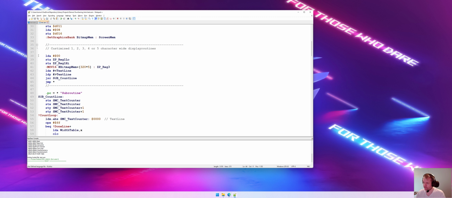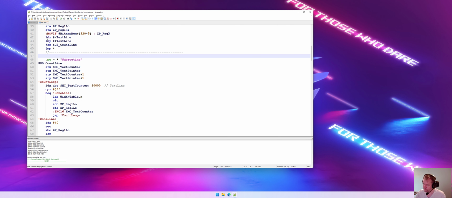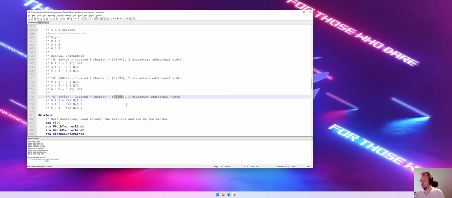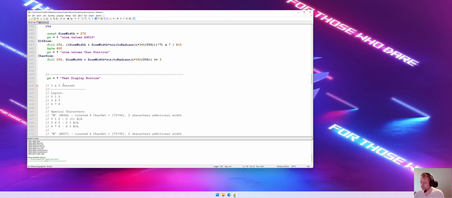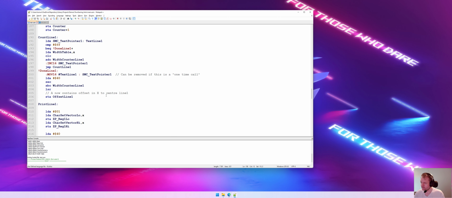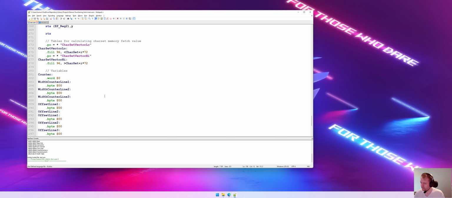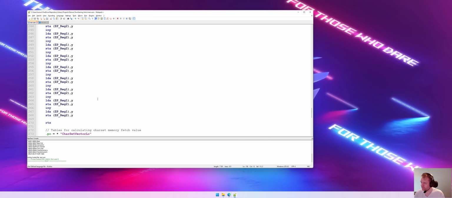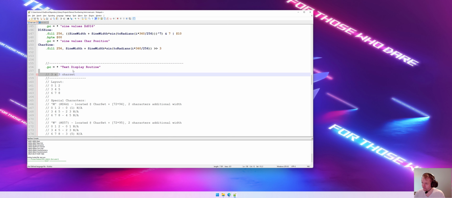So this is how I call the routine. Reset to register 1, and move the location I want to write to, and then which text line, and then just call the sub, and it should be good. So I think we should be rocking with that. That means that this thing here, we can just delete all of this stuff, and we'll just copy it from there. I can't remember everything I've changed and not, so